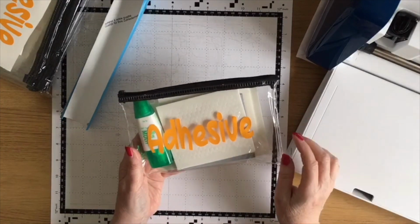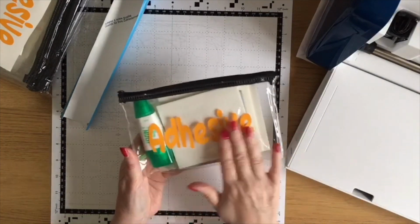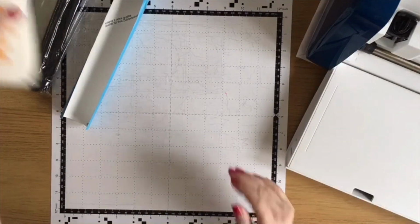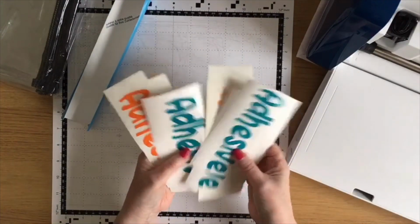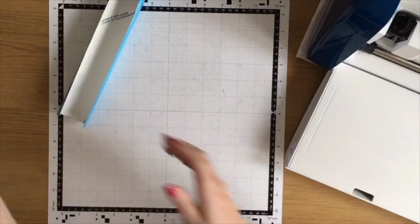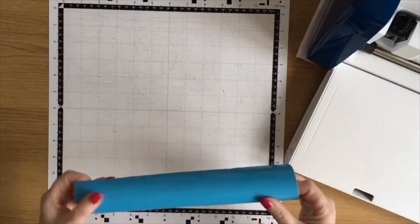And what I'm doing, I'm giving you the vinyl case, which I'm decorating with vinyl, free of charge within the kit. So I've got quite a few that I've been making up already in different colours, and I've got my stack of vinyl cases here. So I'm just going to do another blue one, and I thought that you might like to just see the